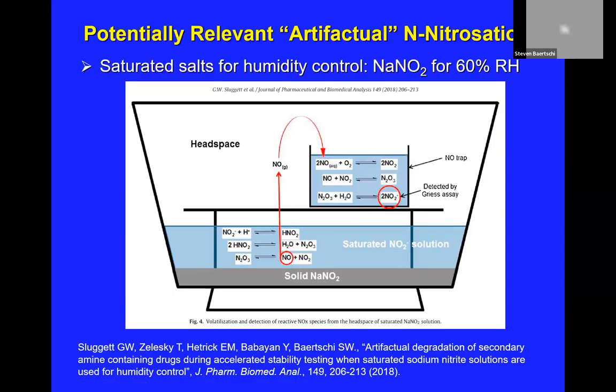And there's going to be a certain amount of HNO2, or nitrous acid, formation because you've got a certain amount of protons available no matter what the pH is. And that can form low levels of nitrous acid, which can undergo these reactions to form NO gas, which is known to be volatile and then could redissolve on top of your sample.